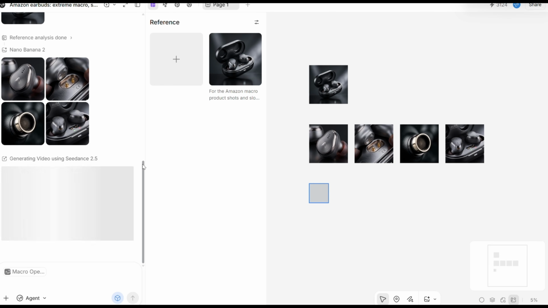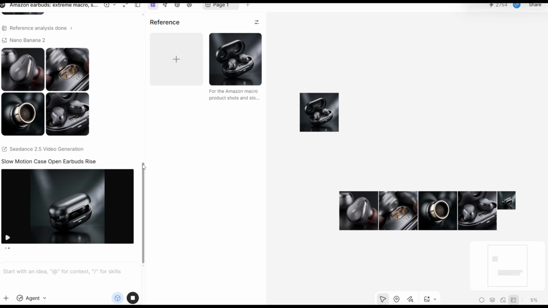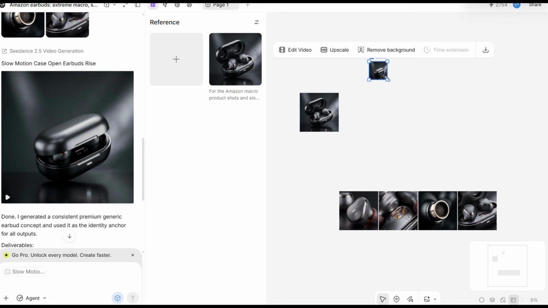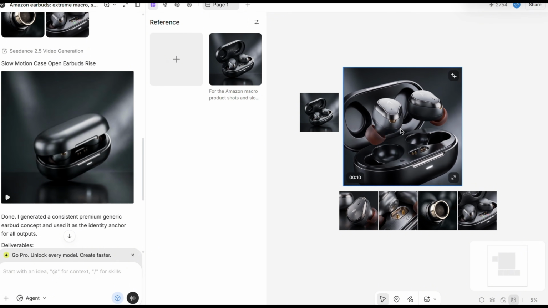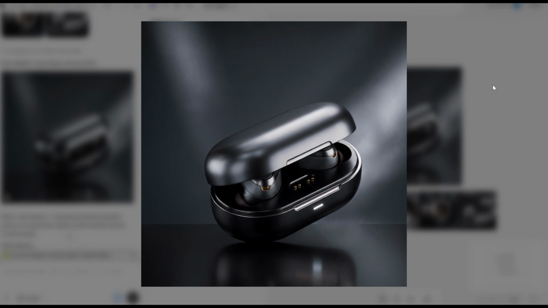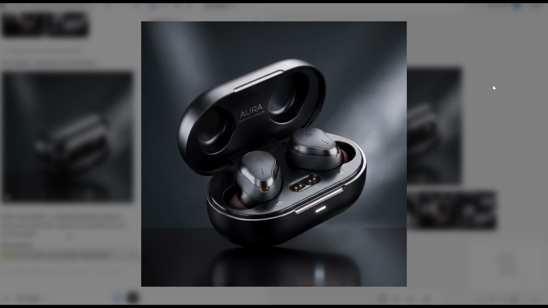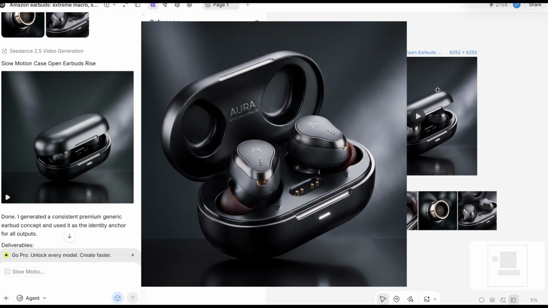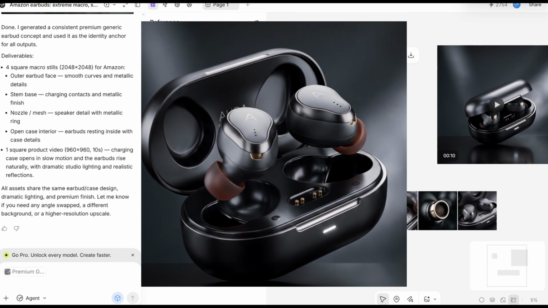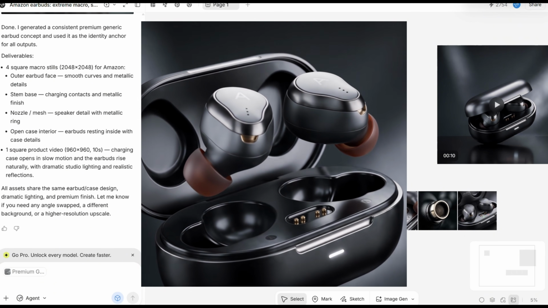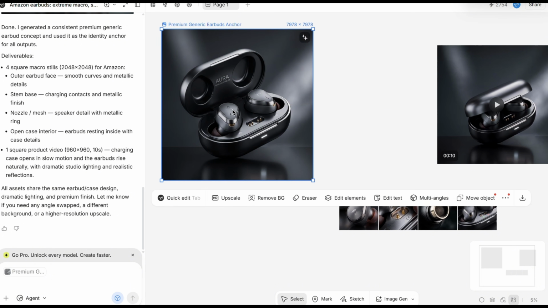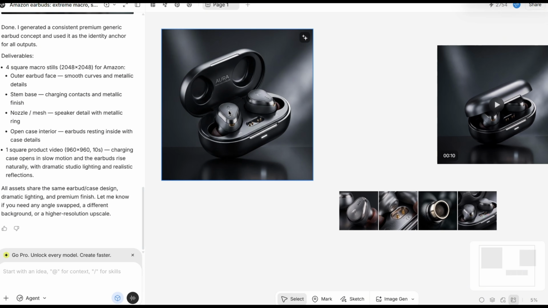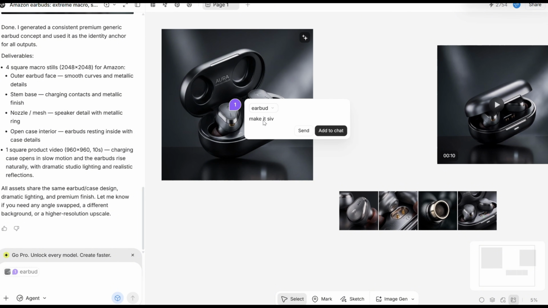We can also get multi shots, and this looks like a real-world Amazon product listing visual. And with CDance 2.5, we can also have it automatically convert into a 30-second clip. But here, I have just created a 10-second version, and now you see how I use Love Art to make